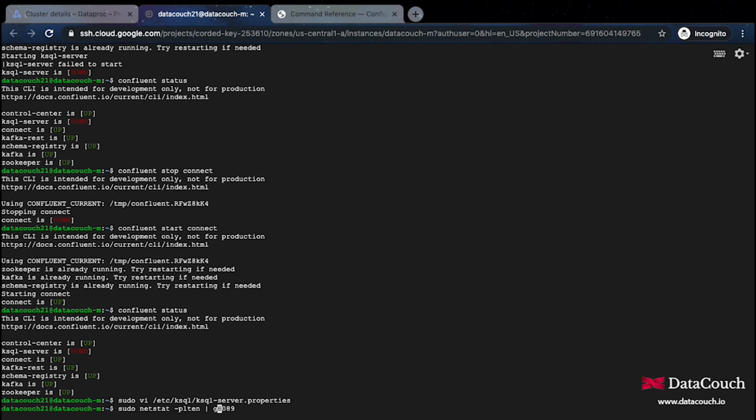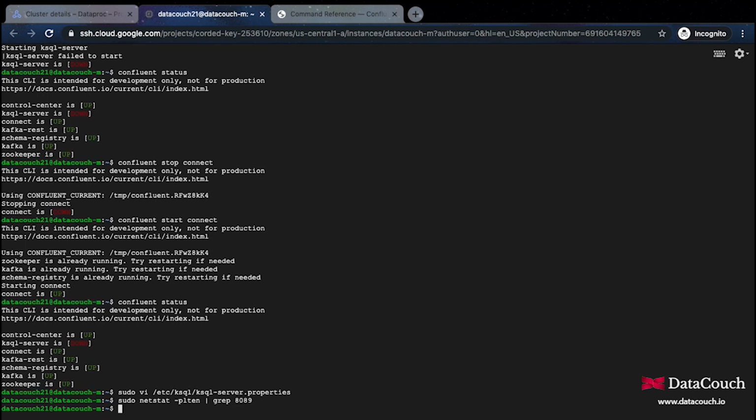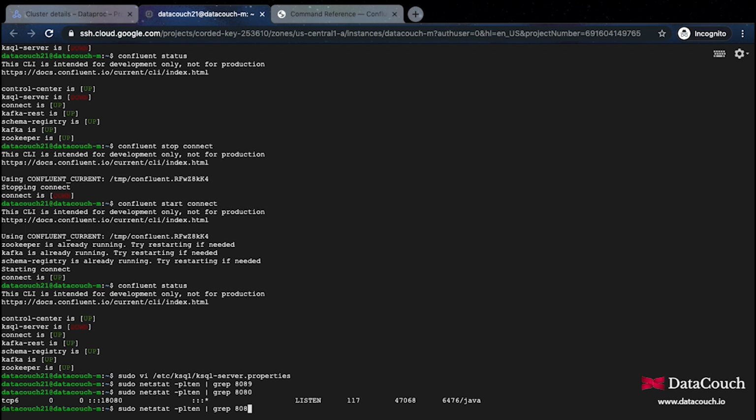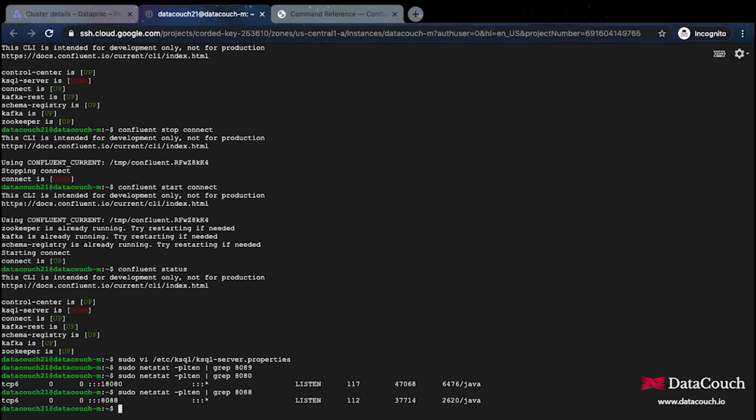Okay, nothing is here, and now I will do 8088. Yeah, there are some processes running on 8088, but on 8089 no process is running, so that's good. So let's start the service again, and let's start the KSQL server specifically.